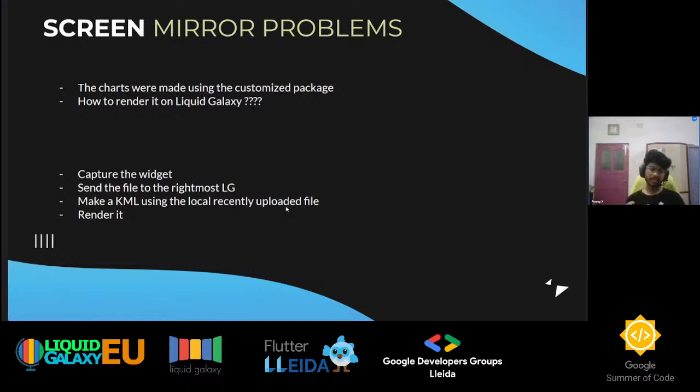I captured the widget, made the widget into a PNG file, uploaded it to the master machine, and from the master machine I uploaded it to the slave. Why this architecture, from app to master and then master to slave? Because the master machine is the only rig of the Liquid Galaxy we have access to through the app. And from the slave machine, we cannot access